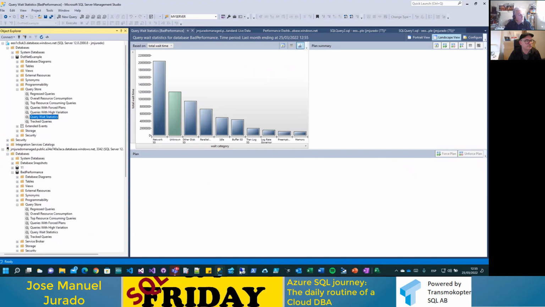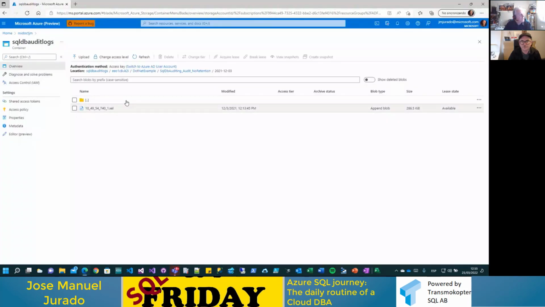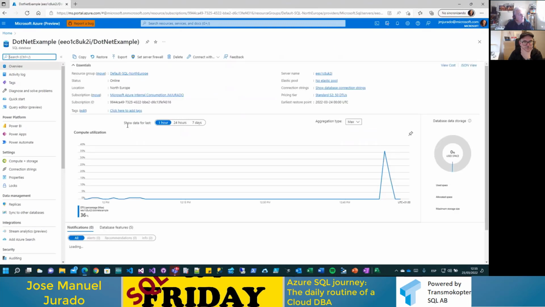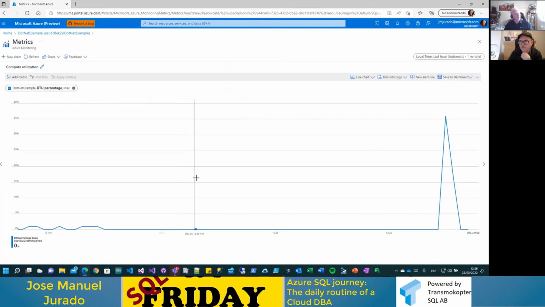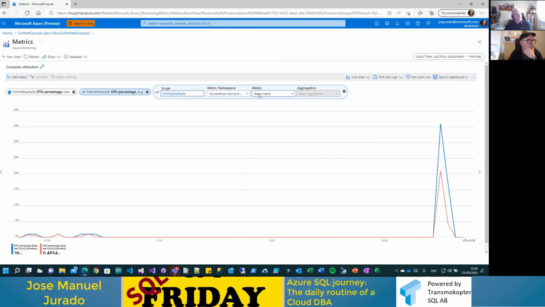SQL Azure. Also in SQL Azure, one other thing that I like is to see what happened in my database. For example, I have many metrics about what is the CPU percentage, for example, what is the I/O percentage. Many things that could help you. You could know what happened in my database.